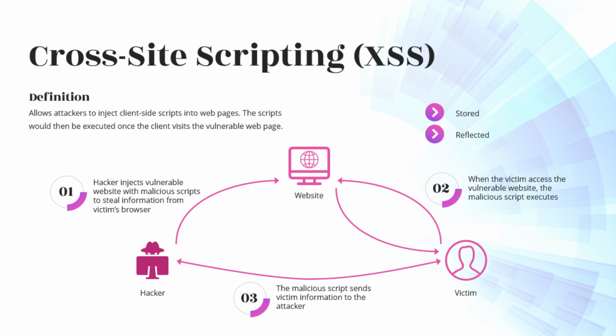a victim client. So the illustration that we have here showcases a vulnerability in a certain website where a hacker comes in, injects a malicious script into that website, and that script will be executed, or it will be run whenever a victim accesses that legitimate website. And then depending on the script activity itself, it might perform an action on behalf of the hacker, or it might even send back information or retrieve data or steal data from the victim machine or the client machine back